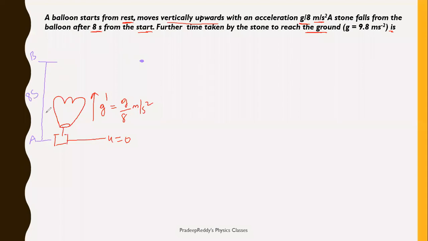Finally, there will be some non-zero velocity. I will consider that velocity as V dash. The velocity of the balloon at position B, I am taking it as V dash. And where is the stone now? The stone is inside the balloon. So what is the stone's velocity at this position B? The stone's velocity is also the same, and that is in which direction? Upward. Its velocity will be V dash. This concept should be very clear.